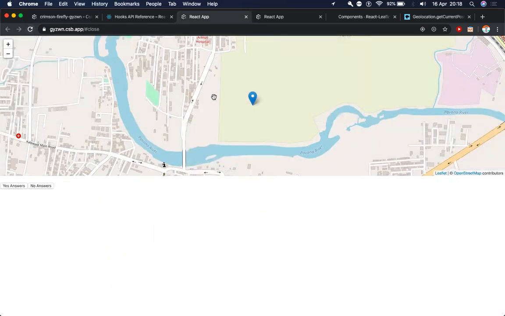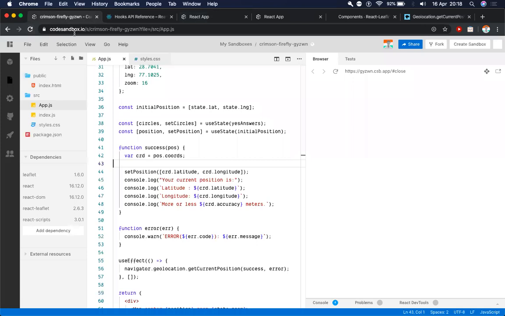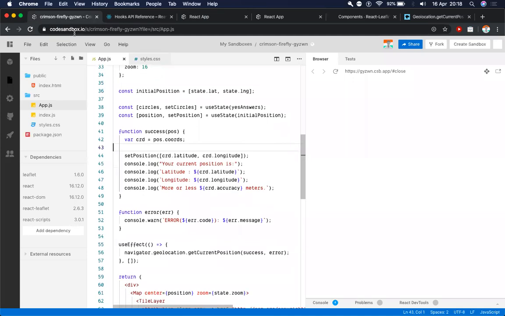Okay, so this is not my location, but that's because I have set my GPS accuracy to low. Otherwise, this is pretty near to my area. So the map got this from my user location. You guys can test it in your own browser, and you'll see that your current location will be given to a different place. So that's it for effects and getting the user's position.